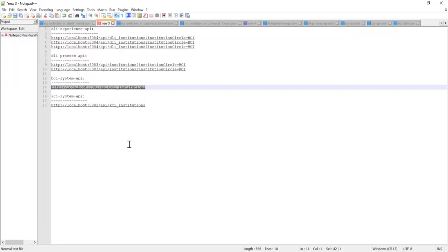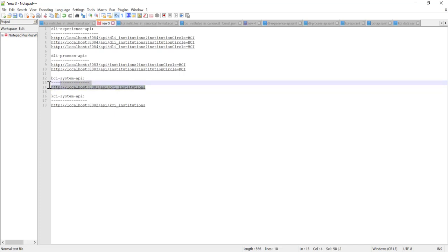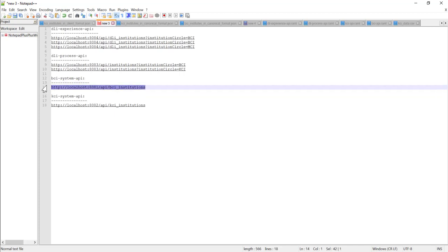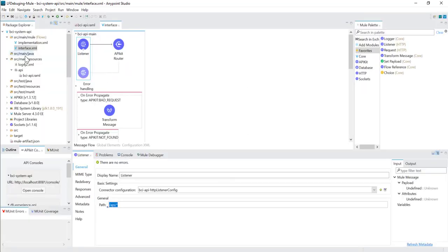So the whole URL of that particular service goes like this: http://localhost:8081/api/bci_institutions.